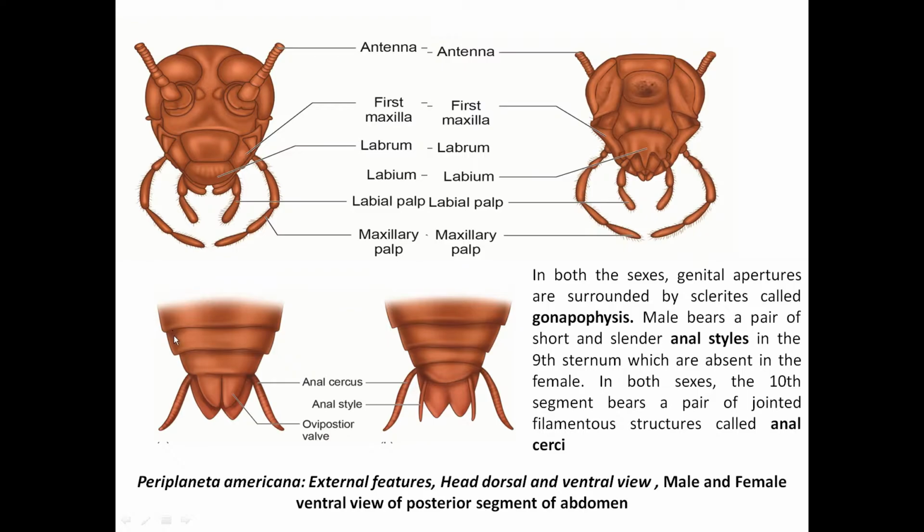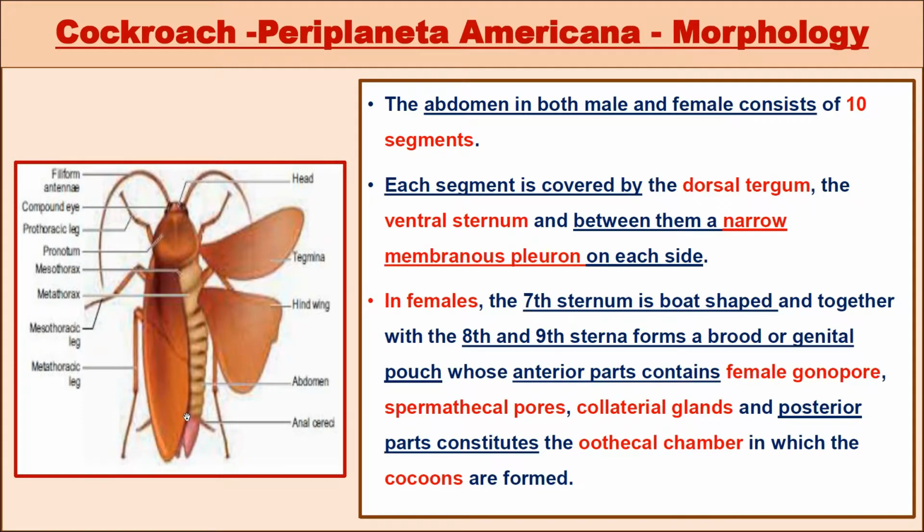In the female cockroach, the 7th sternum is boat shaped, and it is attached together with the 8th and 9th sterna to form a brood or genital pouch. Its anterior part consists of the female gonophore, spermathecal pores and collateral glands, and the posterior part consists of the oothecal chamber in which